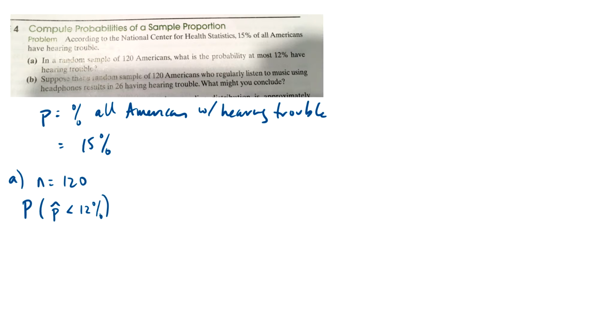Okay. In a random sample, what's the probability that at most 12% have hearing trouble? So that P hat is less than 12%. Well, let's look at this. Let's look at the sample distribution of P hat. It's going to be normal